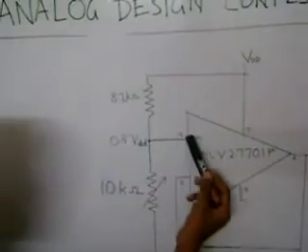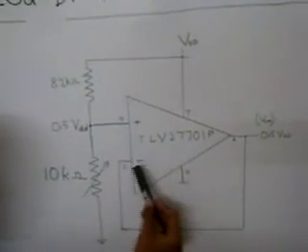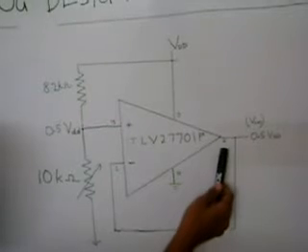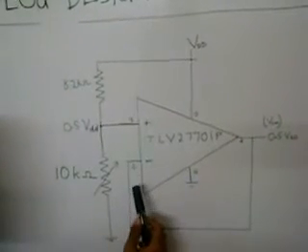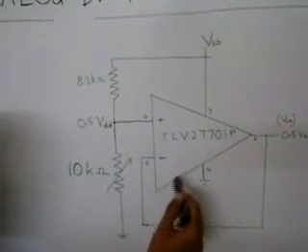We give this input to pin 3, which is the non-inverting pin, and we have used negative feedback by connecting pin 2 to pin 6, where 6 is the output pin and 2 is the inverting pin. Now in this mode, the op-amp works as a buffer, and finally we get half VDD at the output.